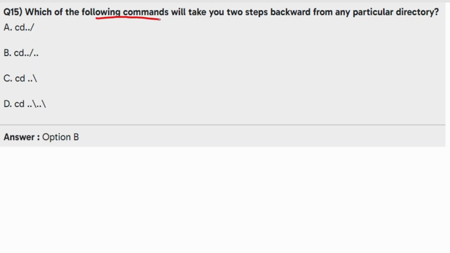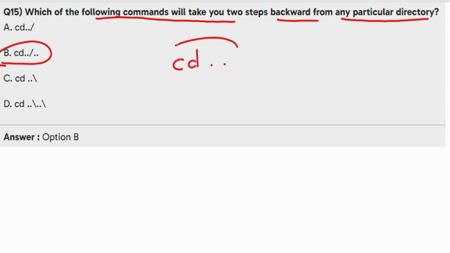Which of the following commands will take you one step backward from any particular directory? So the correct option is option B. When we type this command, it will go back to the previous directory.